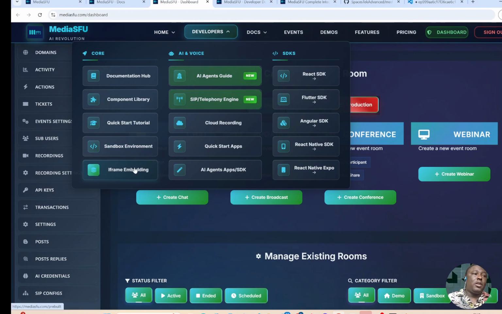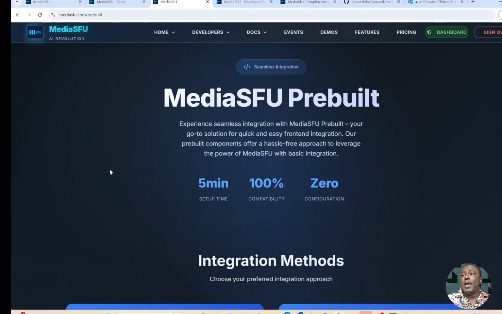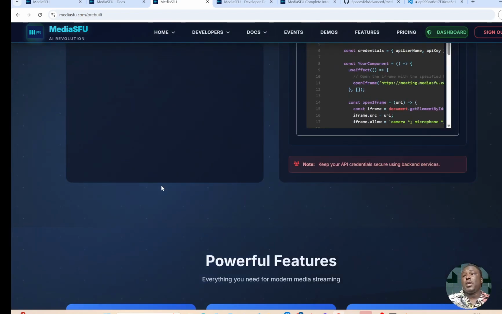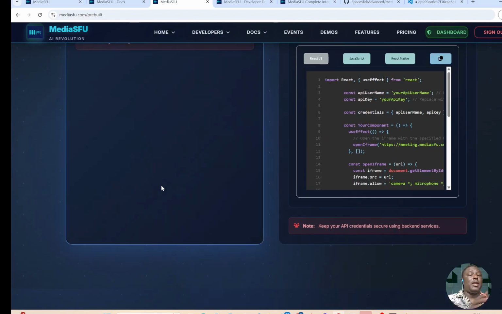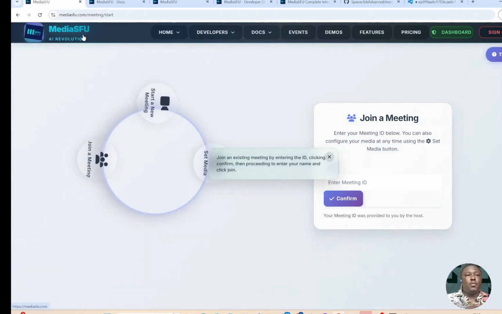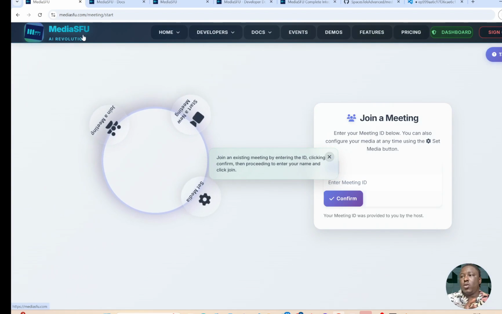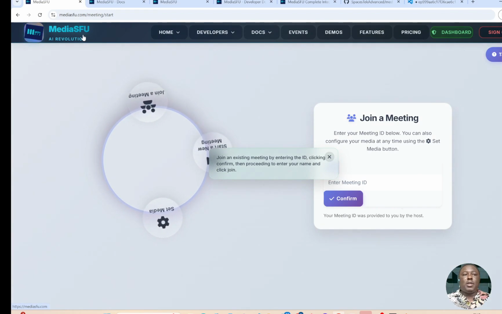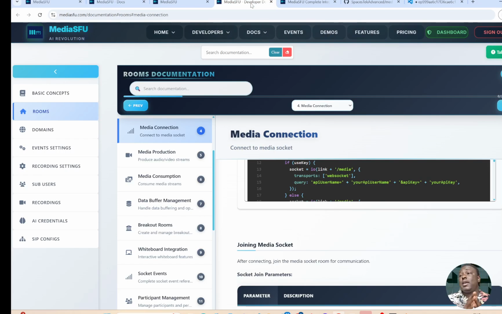So if you go to iframe embedding, there is a guide on how to just put in your API key and API username, how to create a room or how to join an existing room, and then use MediaSFU's UI that you just saw. It's unbranded, and you can probably make it a small view in your custom application. So briefly, as a high-level summary, you probably never need to use MediaSFU SDKs if you are solely building telephony agents